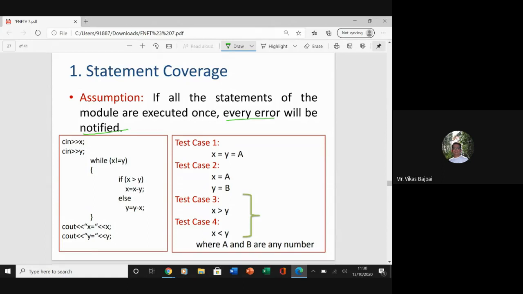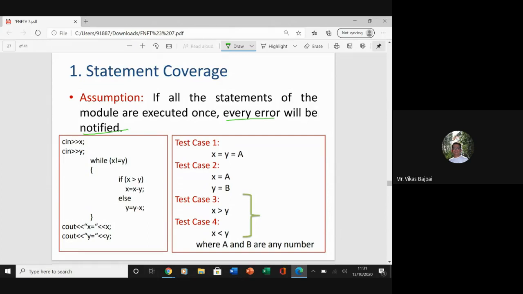Statement coverage is one of the widely used software testing techniques, and a very simple one. This technique involves execution of all the statements of the source code at least once. That's what I'm emphasizing. It is used to calculate the total number of executed statements in the source code out of the total statements present in the source code.